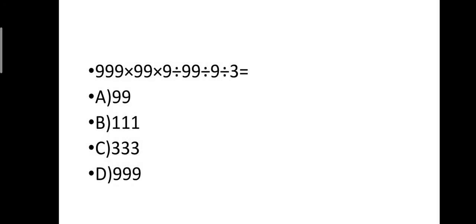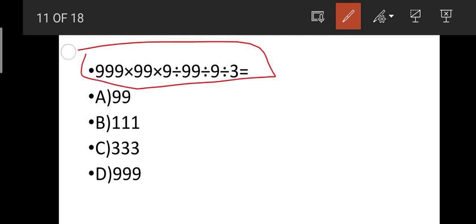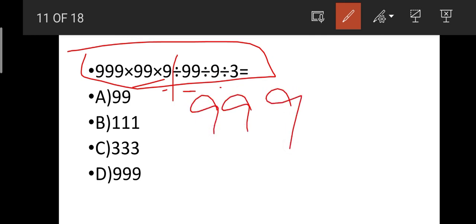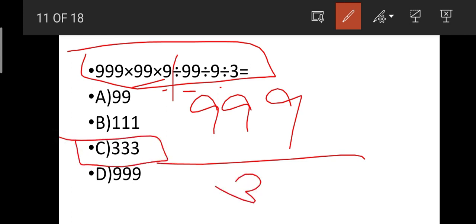Okay, see friends, isn't that simple question or is it difficult question? By observing the question, just by seeing, you can know that it is a very difficult question, we may not do it. But if you observe it clearly, it is a very simple question as they have given the same numbers 99, 99, 9, 9. Okay, then what should you do to get your answer? We should only just divide the 999 with the 3. Then what will be your answer? It is very simple, like 333. This is your answer. Did you understand the question?